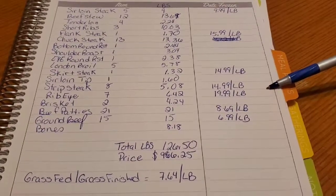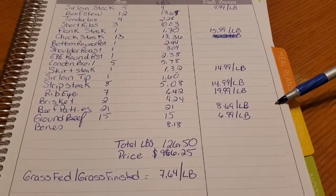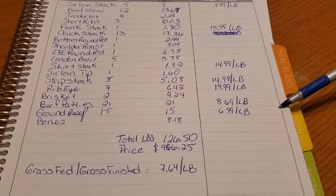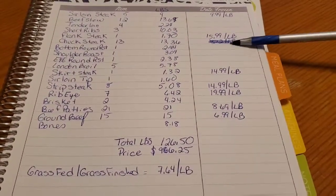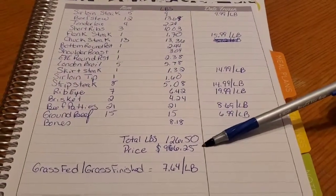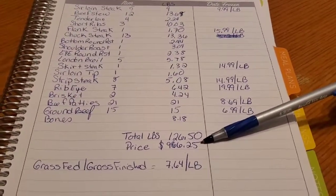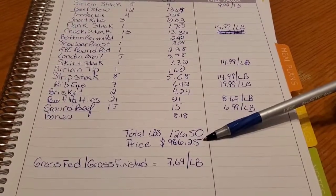Strip steaks were $14.99 a pound. Ribeyes were $19.99 a pound. Their beef patties were $8.69 a pound, and their grass-fed ground beef was $6.99 a pound. So that's just an idea of it. It is a big amount of money up front. It's a big investment, but if you have the room, we have a stand-up freezer for this. If you have the room, honestly, and you have the money, you will save so much in the long run,